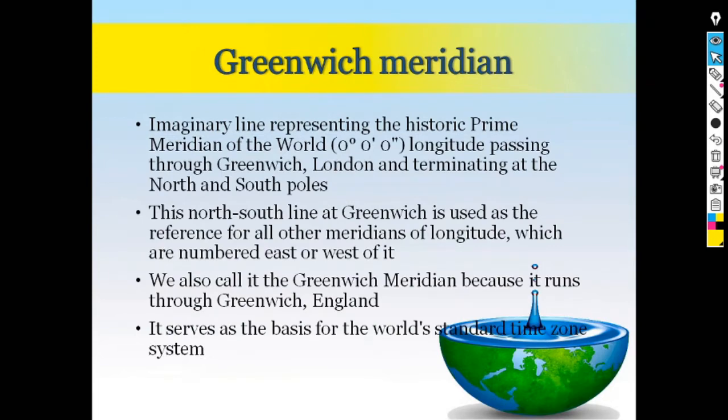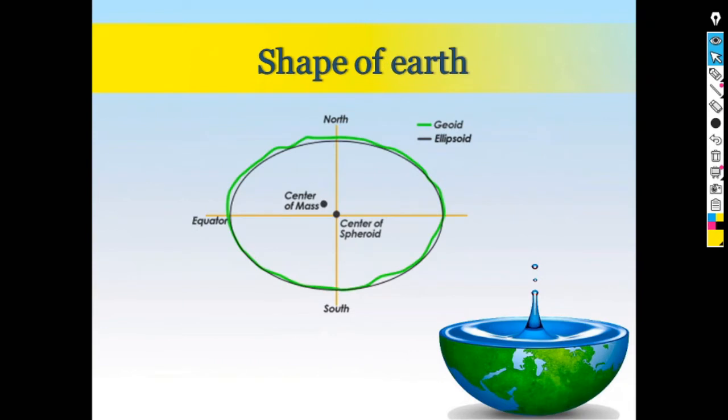Now let's discuss the Greenwich Meridian. Now what is this Greenwich Meridian? It is located in London. As we have separated the Earth by an imaginary line into equal halves, top and bottom, right? We called them the southern hemisphere and northern hemisphere. Now this Greenwich meridian divides the Earth vertically into two equal halves.